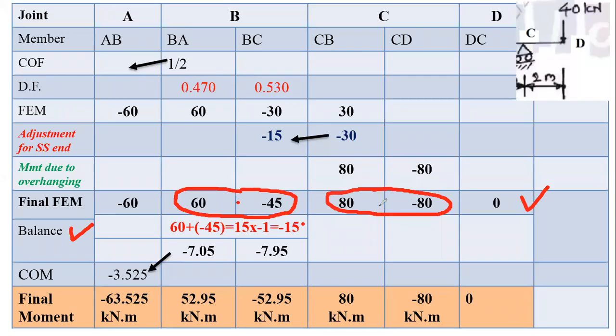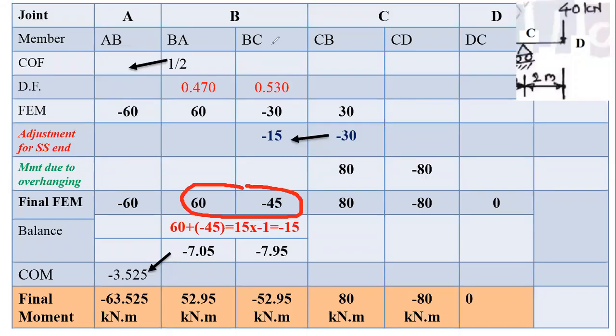Plus minus, what we have to achieve here? So at joint B or at any joint, movement should be equal and opposite. ते already achieve झालेलं आहे joint C ला. 80, plus 80 minus 80, summation 0 आहे. But here if you observe at joint B, बघा summation आहे का? 0 नाही. So that's why we have to distribute this movement. This is the disturbing movement. So we have to balance it. How to balance it? Our balance step concept.